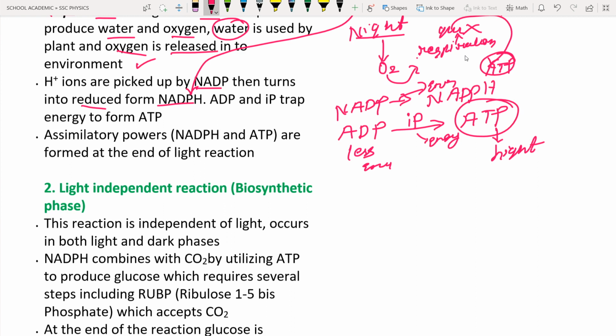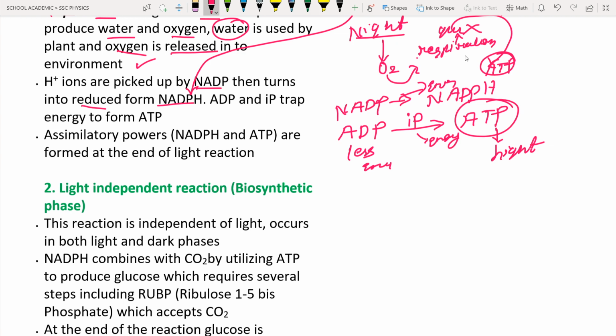Your cells also need ATP. We have discussed in the 9th class that ATP means adenosine triphosphate. It is the energy currency of the cell. Without ATP, the cells are not going to work. This ATP is produced by the cell organelle known as mitochondria.